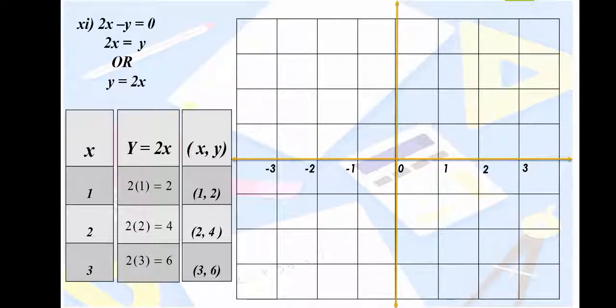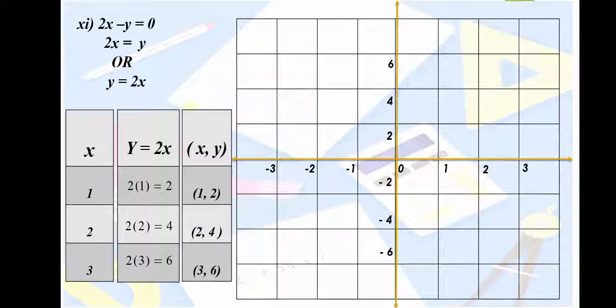In the y column the values are 2, 4 and 6. The maximum number is 6 and these are the multiples of 2, and the difference between the numbers is 2. So here 2 is the first point, then 4 and then 6. For the negative y-axis, -2, -4 and -6. Now plot the graph by using these ordered pairs.